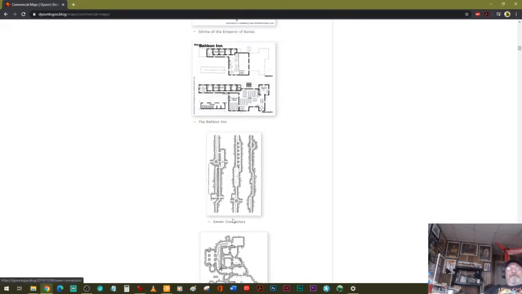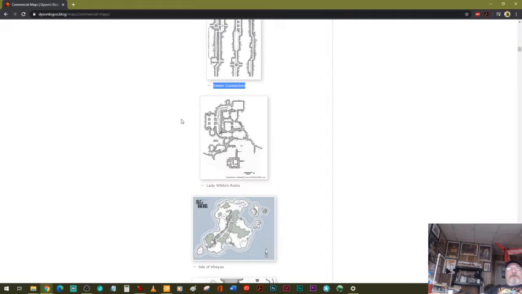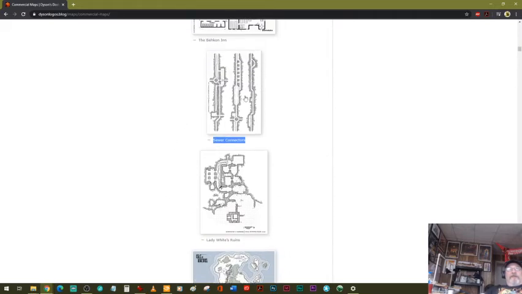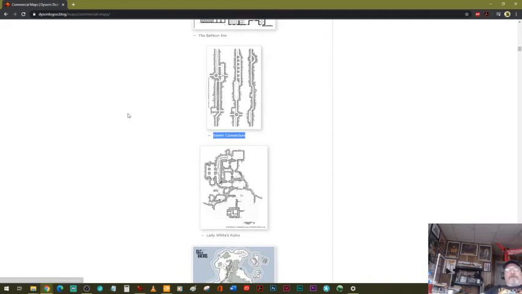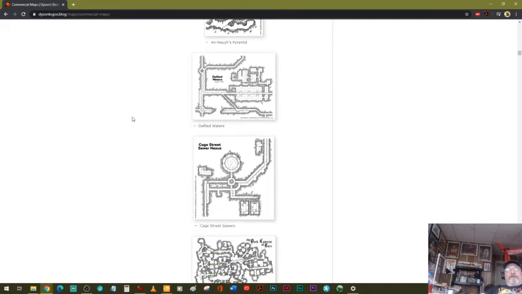Oh, these are neat. So he did a whole series of sewer things that you can use. These sewer connections are just long stretches of sewers that have little offshoot places. And if you wanted to put them together,